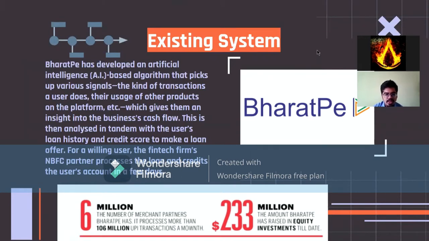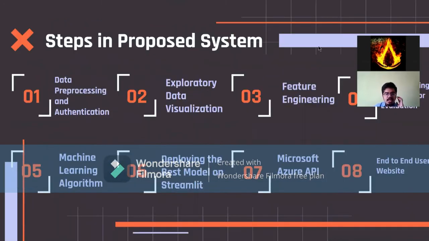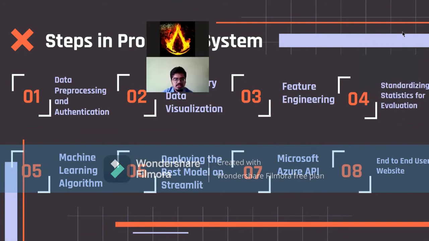So let us look at our proposed system. Like Bharat Pay has developed a system, even we have developed a machine learning system which has 8 fundamental steps. Step one is financial data pre-processing and authentication. When it comes to financial data, the data has to be authenticated. Our data is authenticated by Stanford University and is from Lending Club, which is very famous in the USA. The next step is